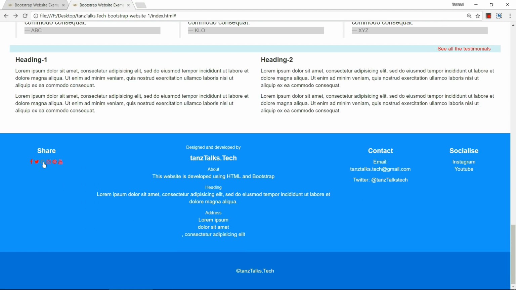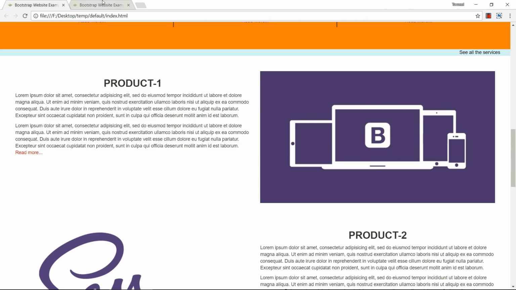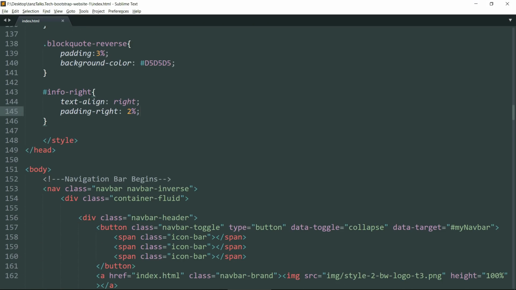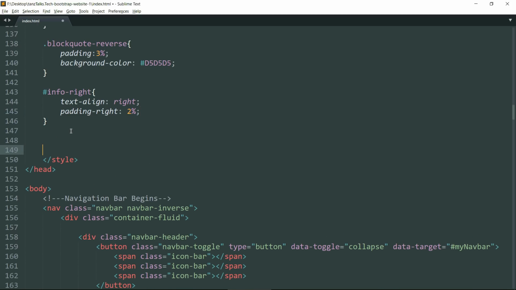Now we need to format these Font Awesome icons, make them a little bigger and change the color of them. Now drop down and write .fa open bracket.